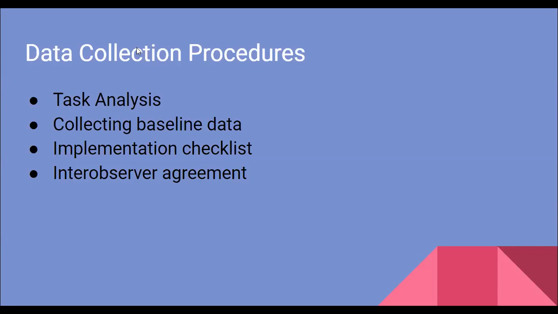IOA stands for Inter-Observer Agreement, which is a method to collect data for video modeling. The average accuracy for the skill step was calculated by dividing the correct number of steps completed by the total number of skill steps. IOA is useful to collect data to determine each instance of the target skills.